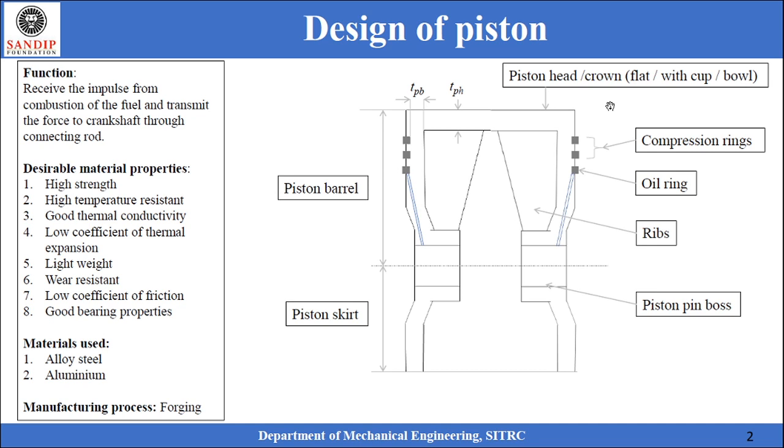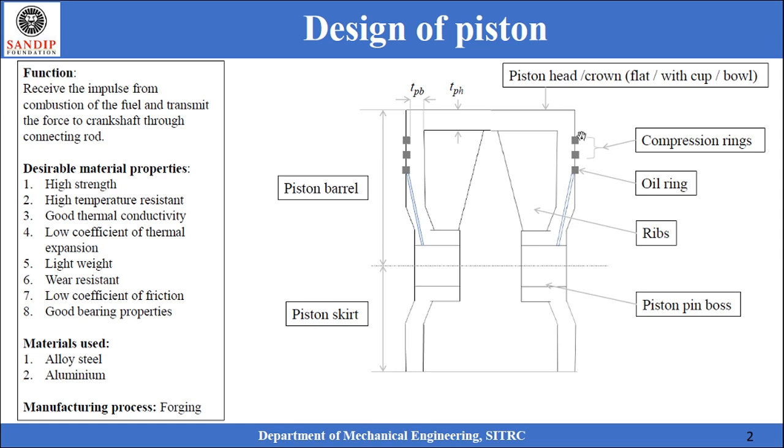Now, as far as CI engine is concerned, the air-fuel mixture is not homogeneous in nature and proper mixing is a challenge. This can be achieved by having proper air motions, which are called as swirl, squish and tumble. These air motions can be achieved by carving a bowl of a suitable shape inside the head of the piston. That is the purpose of having a bowl in a CI engine, which is not present in case of SI engine, since SI engines will have a premixed air fuel mixture and there is no issue of mixing.